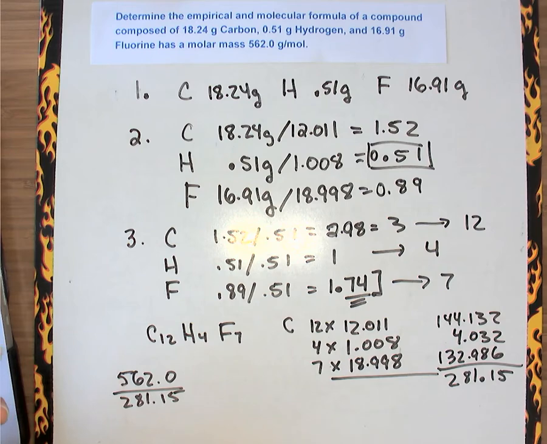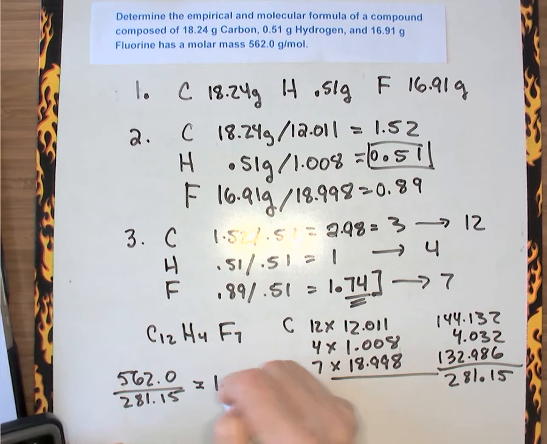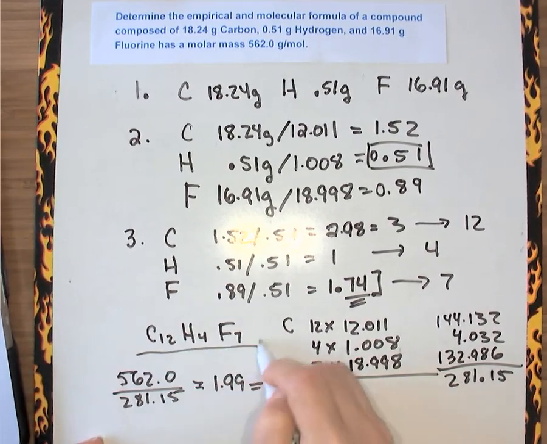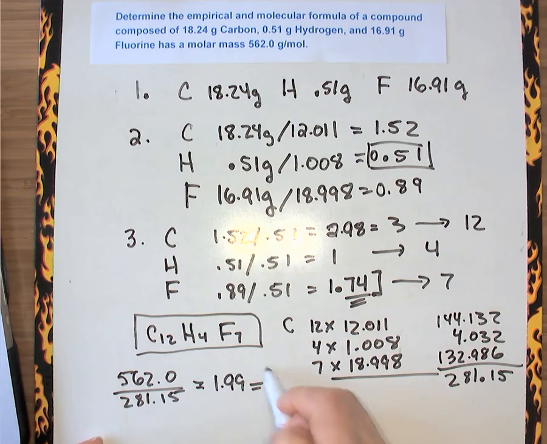And I get 1.99, which is like 2. So that's the empirical formula, but I have to multiply it by 2 to get the molecular formula. So